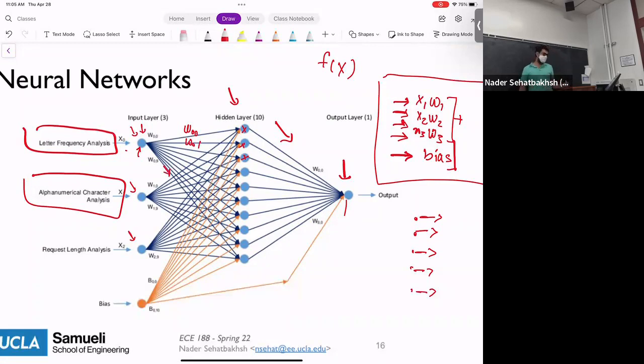Okay? And the same story for this neuron, same story for this neuron. And as I said, usually we have a bias for each of these as well. So you can see there is a bias for this neuron, there is a bias for this neuron, and so on and so forth. And again, these biases could be separate from each other. And again, this story continues from this layer to this layer. The only difference is that the output layer has only one neuron. So everybody is just connected to this neuron. Again, separate weights. This adds them all together with this bias, and that would be our output. Okay?